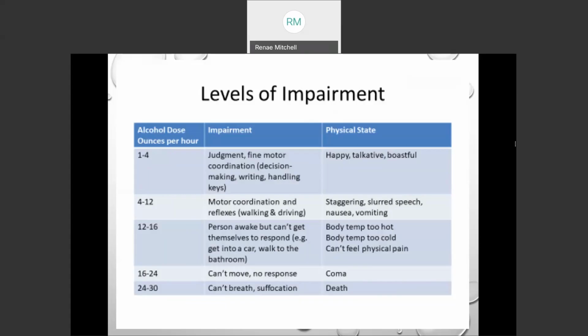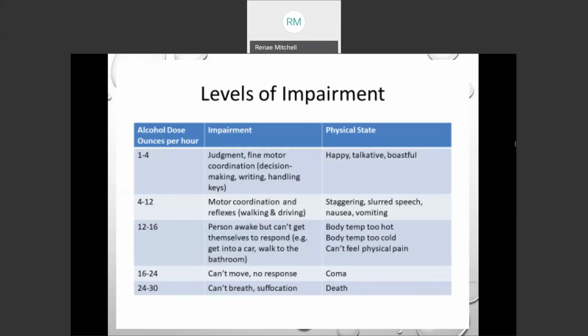At 12 to 16 doses per hour, the person is awake, but they can't respond. So you're not going to be able to get them into a car or walk to the bathroom. They're kind of conscious, but they can't really move. They might experience sensations of feeling too hot or too cold, but they're also kind of numb to other physical